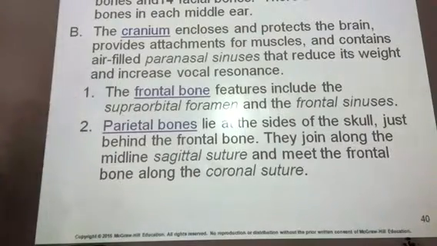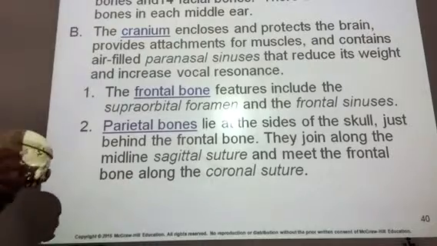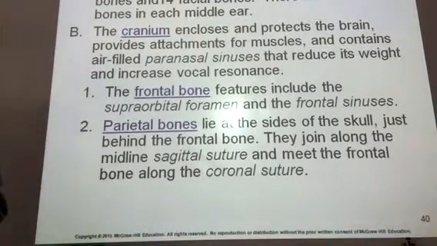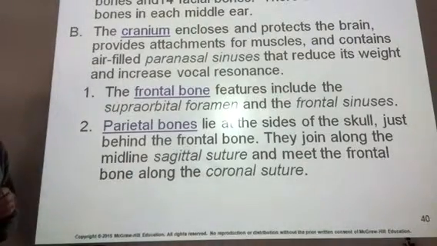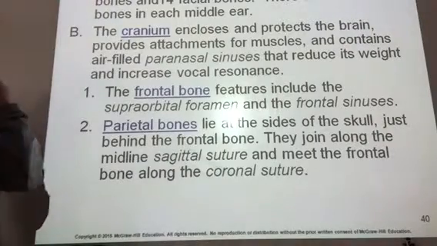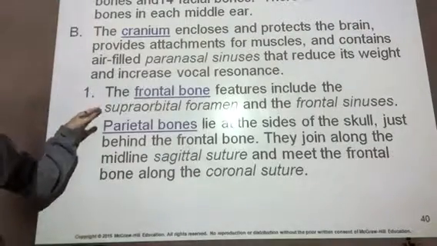The bones that you're responsible for knowing. So frontal bone is going to be your forehead, and there will be a diagram that we'll get to. So front should be easy to remember. Front is basically your forehead, your frontal bone. Supraorbital foramen and frontal sinuses. A foramen is a little opening, and it's usually for a nerve to go through. So right above the eye, there's a small opening for a nerve to go through, and then your frontal sinuses. If you have that horrible headache that's right in your forehead area, that's probably your frontal sinuses that